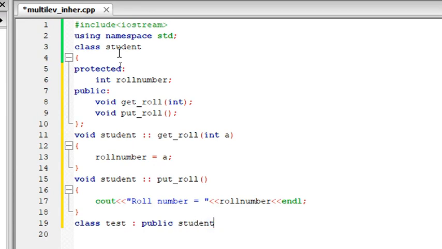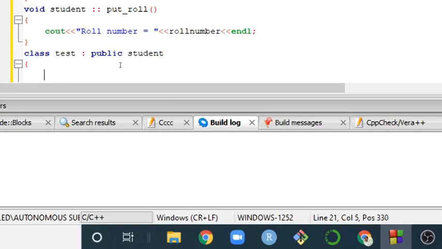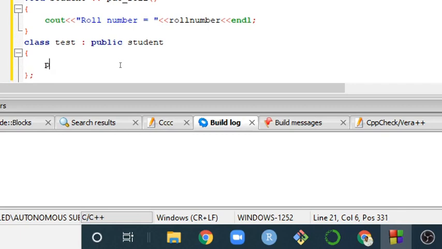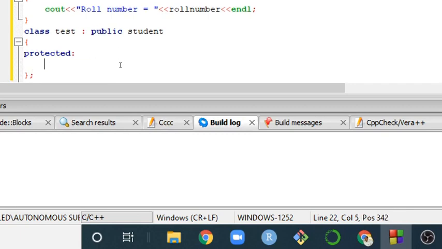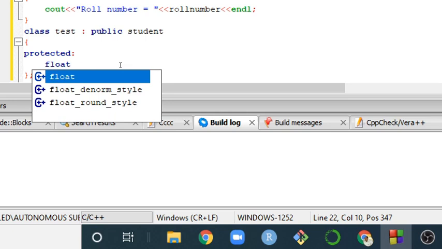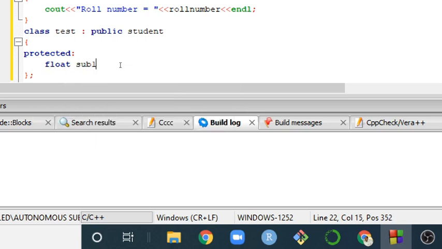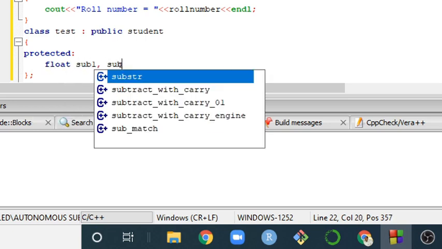It's not compulsory all the time that I have to inherit from the base class. If you need, you can inherit, or else you can leave it as it is. So let me have one more data here. I need two data, isn't it? I am going to get two values, and it might be in decimal. So let me say float subject1, subject2,